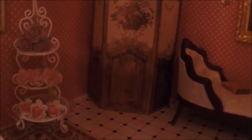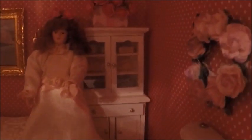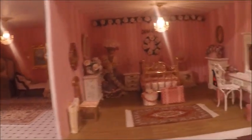screen, an old, they call it a fainting couch. There's a beautiful picture, and there's the girl with some pretty flowers in her hair, and storage for the guest, another wreath. I like the pink and white polka dotted paper that I put in this room. And there's the mirror and the sink, and a towel, another wreath. That's the bathroom area for the guests that stay in the hotel, and for the people that come to the bakery and